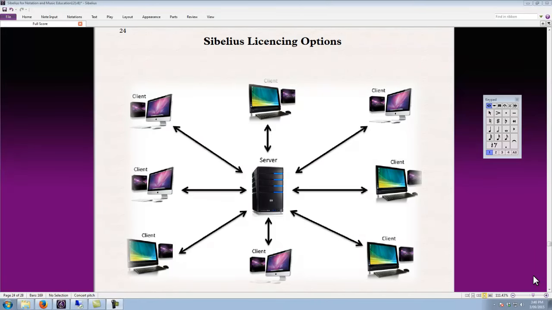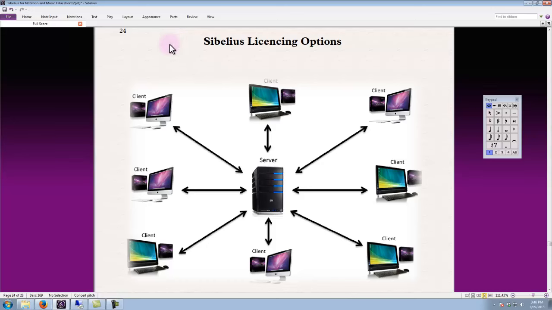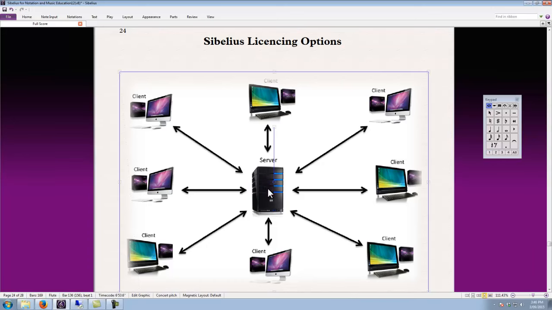Okay, just to briefly cover Sibelius licensing options, given that we're talking about Sibelius for education to some degree here. Sibelius has a couple of options for multi-user licensing for school environments, where we can have a standalone multi-user license where each machine is activated individually, or a much more convenient option than that called the Sibelius network license, where we have a client-server model in which a small piece of software called the Sibelius license server is stored on